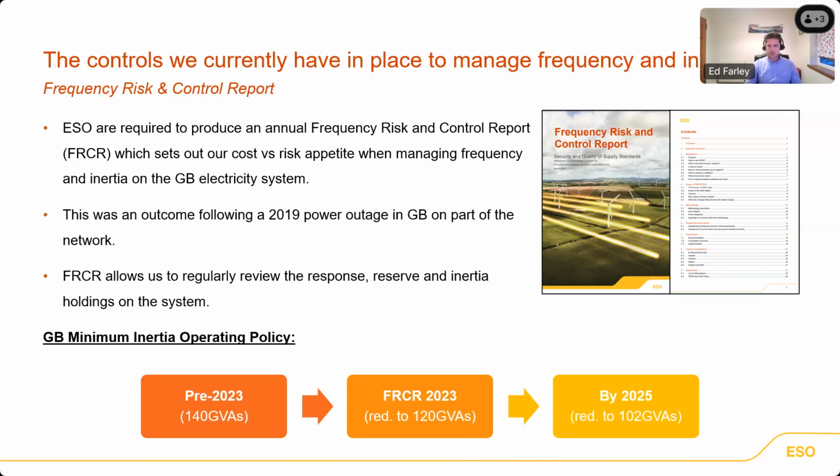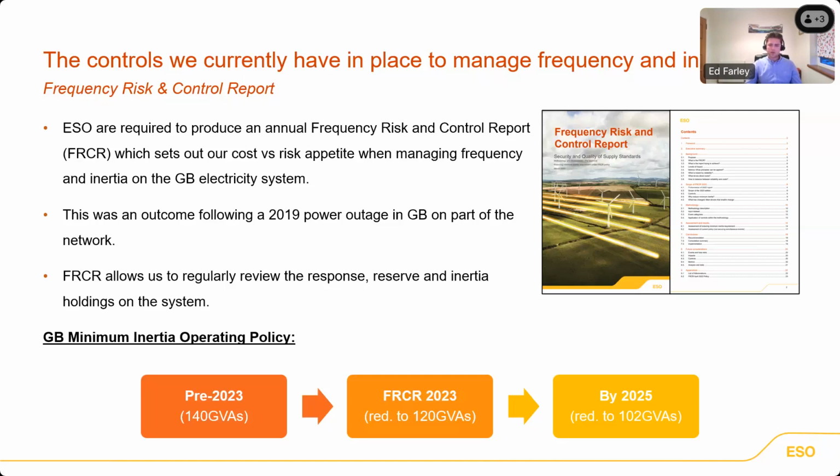And over the last few years, we've seen a little bit of change in this area, and we have also used FRCR to try and signpost further cost savings that we could realise through optimising the way that we hold inertia on the system in the next couple of years. So historically, we had always operated the transmission system with a minimum inertia threshold of 140 GVA seconds. The FRCR report that we published last year in 2023 recommended a reduction in this threshold to 120 GVA seconds,